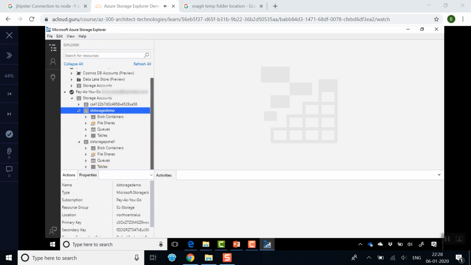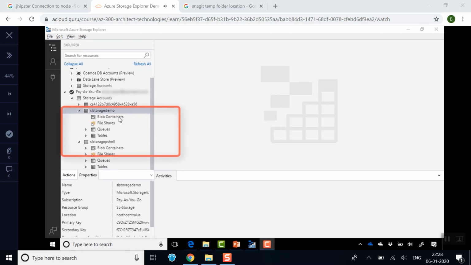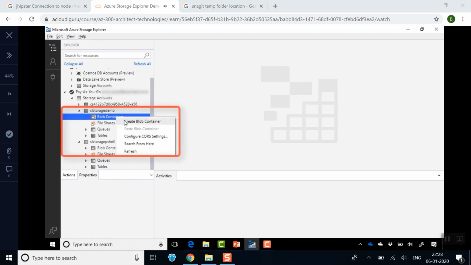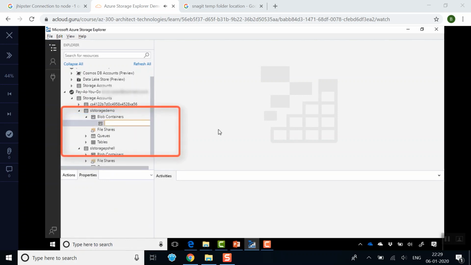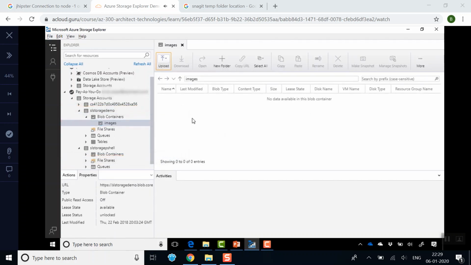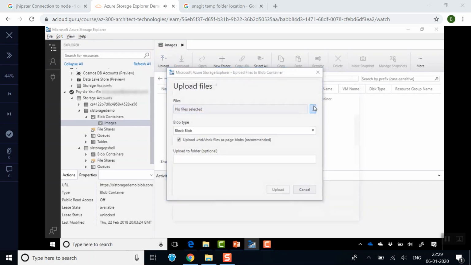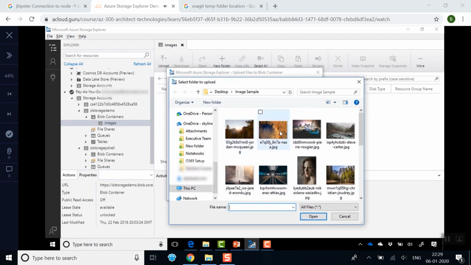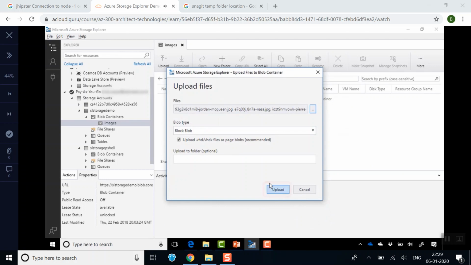Now what we can do is add some files directly to that. So we can take some images, for example, and then go ahead and select the blob container section under your storage account. So if we right click there and click create a new blob container, call this one images. And on the right hand side now we see we have this upload option, so we can go ahead and select that, click upload files. And now I'm simply going to select a folder full of files. I've got an image sample on my desktop, so I'm going to select all of these, select open,